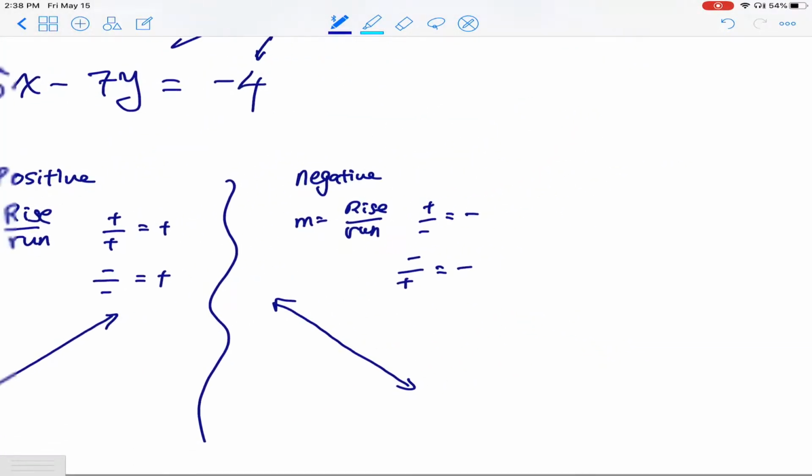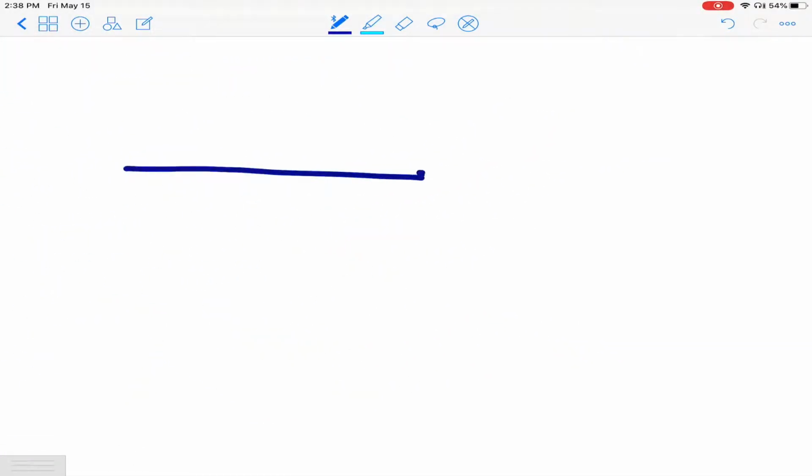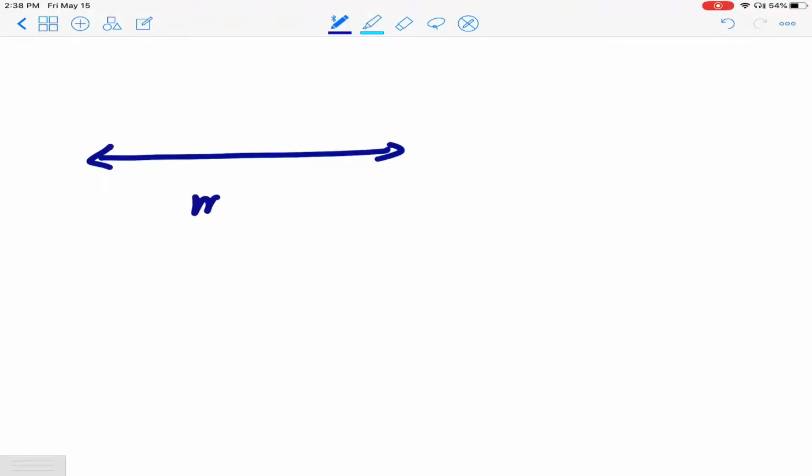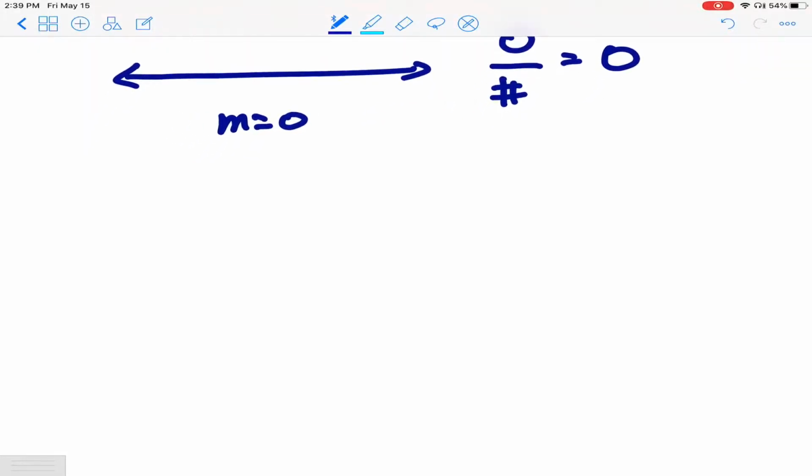Then you may ask, what if I have a line that's flat, not going anywhere but just sideways completely? Now this is a slope of 0. You're not going up or down. So then it will be 0 over whatever, and that will be 0 because 0 divided by something is always 0. Another case is where you have a line straight up and down, and your slope in this case